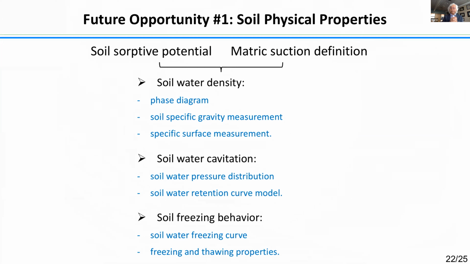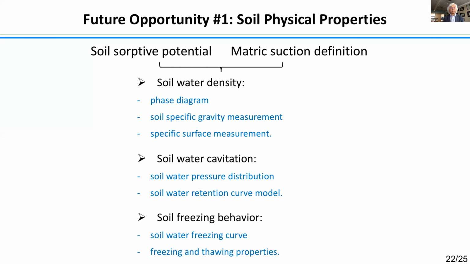even at the moment, I'm still doing research. I don't know the definite answer. Even if the soil water density could be so high, how much would it impact our phase diagram, right? So how can we measure the soil surface area? Right now, the common practice is to use EGME, for example, which is not water, but it's a highly polarized material. So the interaction with water, using that to probe the surface area may not be as accurate as the one